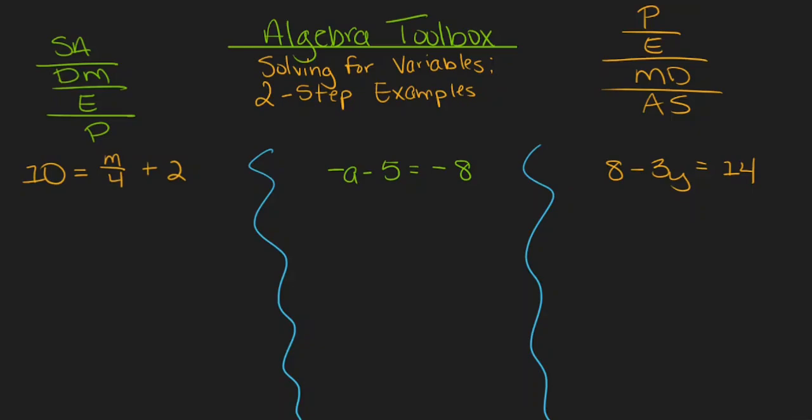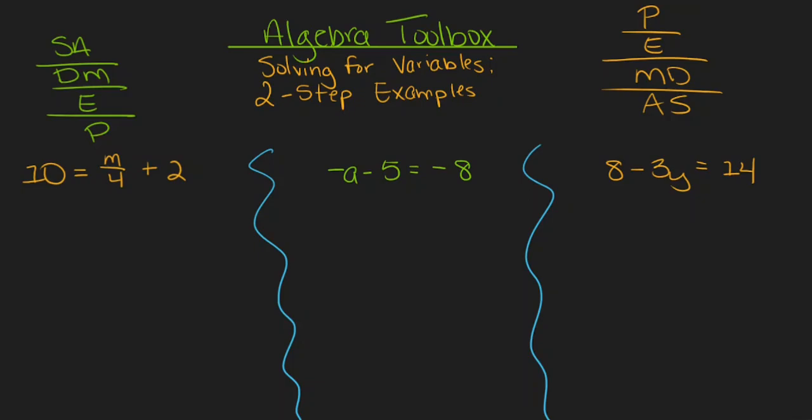I'm Amy and today we are going to walk through a couple examples of solving two-step equations for different variables. Two-step equations are those that contain two relationships between the variable and other numbers on the same side of the equal sign. Because we have multiple steps, we have to be concerned about the order in which we break those